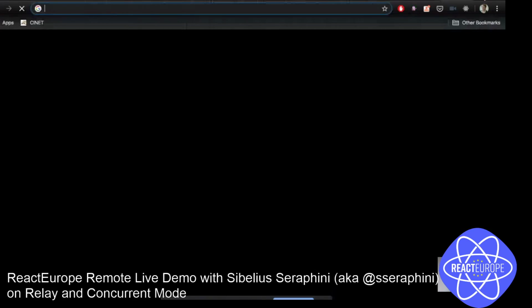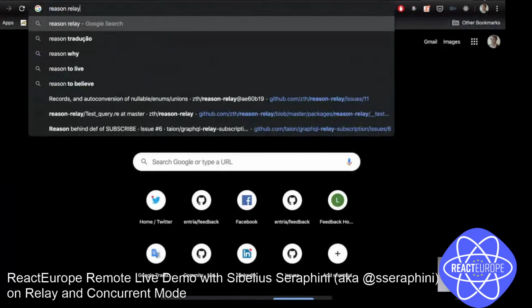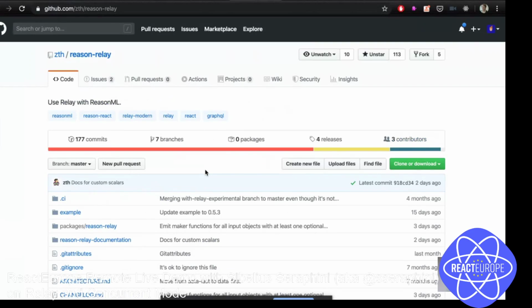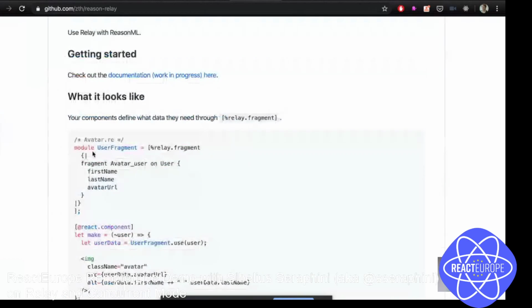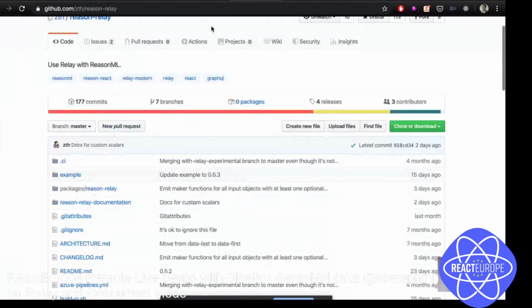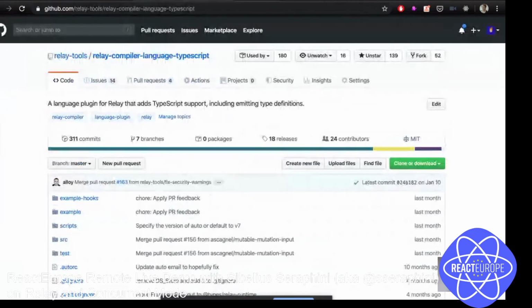We also have Reason Relay. If you are into Reason, this Reason Relay is pretty cool as well. You're going to have type safety of your queries in Reason. The new Rust compiler is going to output Flow or TypeScript as well.